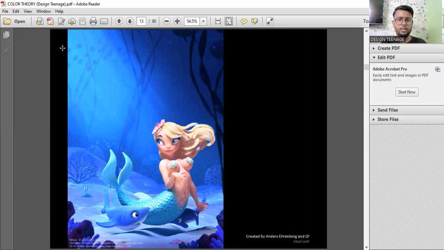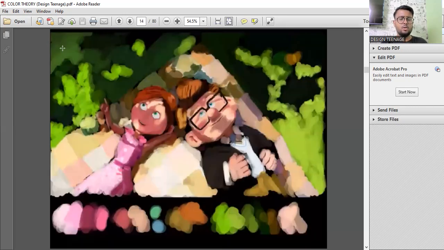Followed by this, we have some of the other compositions from some of the famous pictures. I forgot the name of this actually. I couldn't tell you that, but over here, what composition do we have? What kind of color scheme is being shown? Monochromatic, absolutely. Over here, there is a mix of colors. And do you know from which movie this picture has been taken? Fine. Take a screenshot of this and find out from where this composition has been taken.